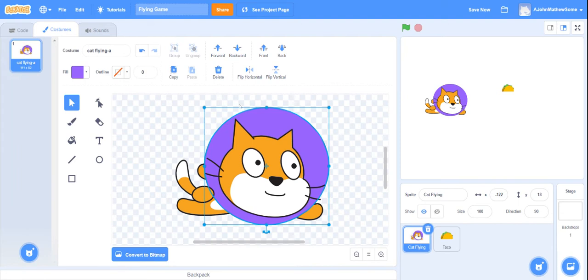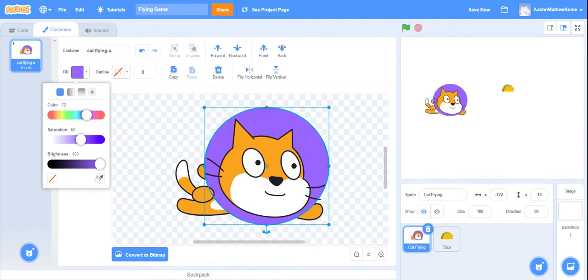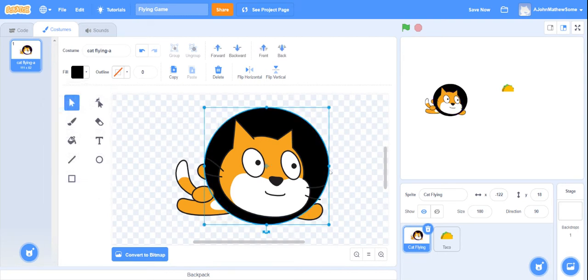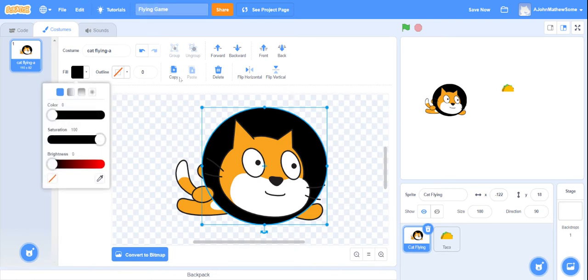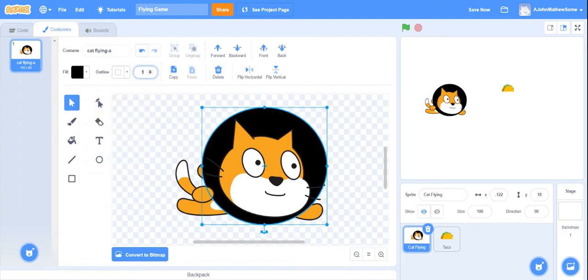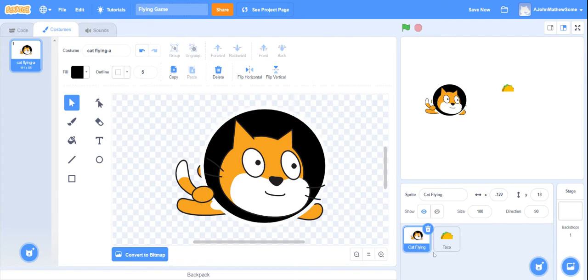So now we need to change the color of this to black, so we can reduce brightness to 0. That will make it black. And then we need to add a border to it to make it look like, sorry, the helmet. So outline white, we need a white outline. We can change the outline width to 5. Okay, now that that's done, we can add a little bit of